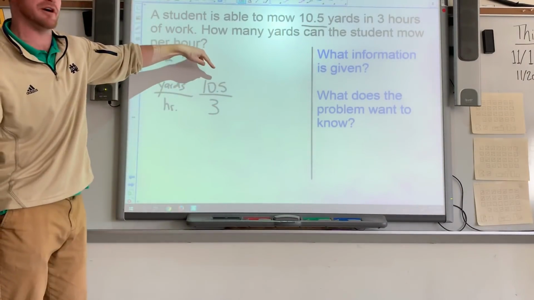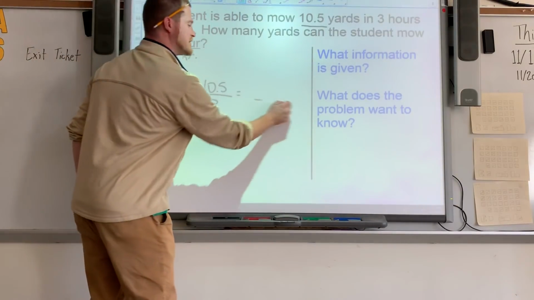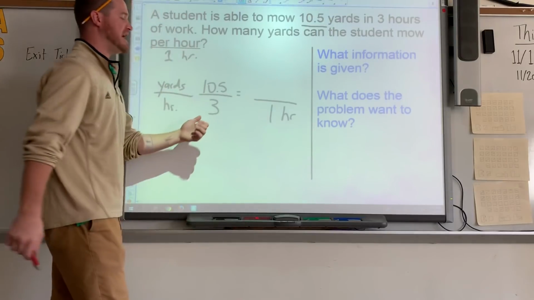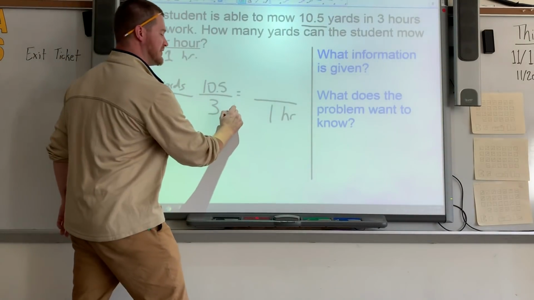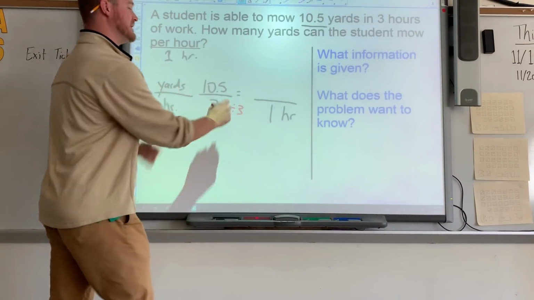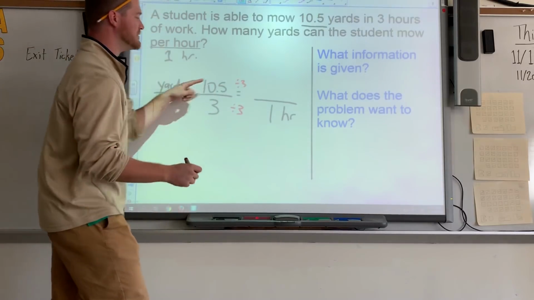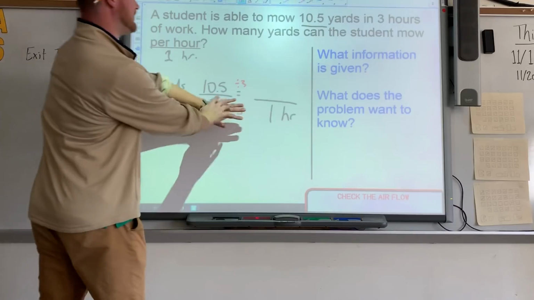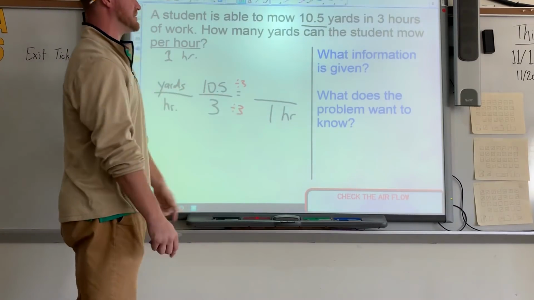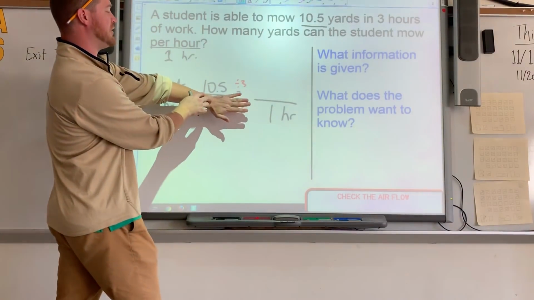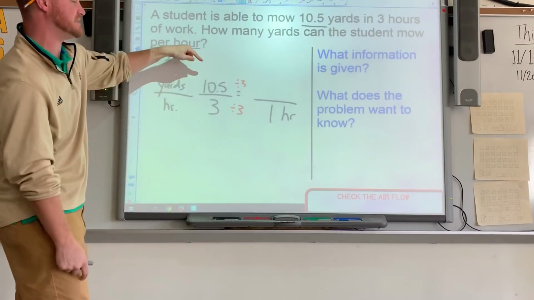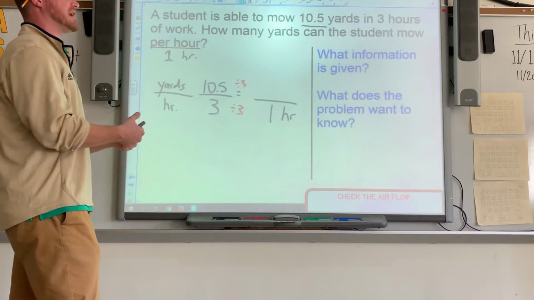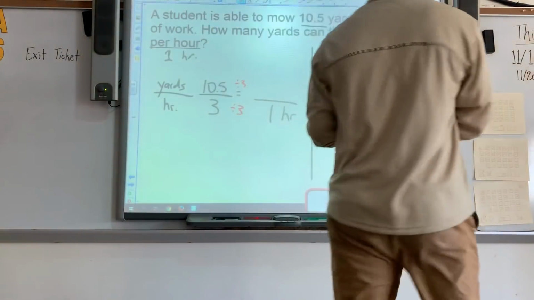So 10.5 yards in 3 hours. We're trying to see what that is per 1 hour. So mathematically, from 3 to 1, you divide by 3. What we do to the bottom, we do to the top. This right here is basically the math problem that we're doing. You all know that anything divided by itself is 1. So 10.5, if you set up the rate right, you're basically just doing numerator divided by denominator. So 10.5 divided by 3, you type that out and you should get